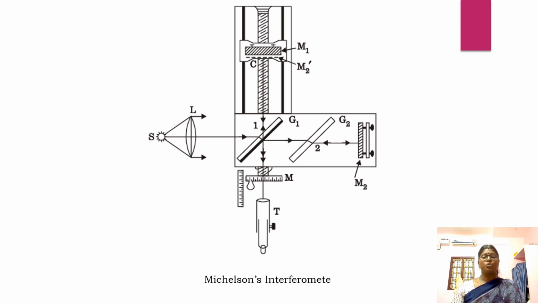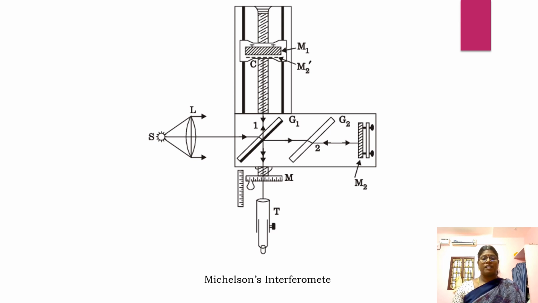While viewing through the telescope, we will see the virtual image of the mirror M2 on mirror M1. So by moving the distance between the glass plate G1 and the mirror M2, we can adjust the path difference. Here the glass plate G2 is introduced to compensate the